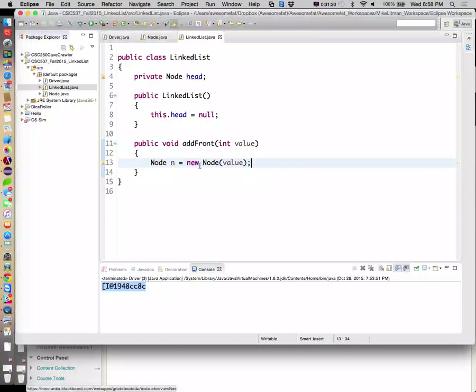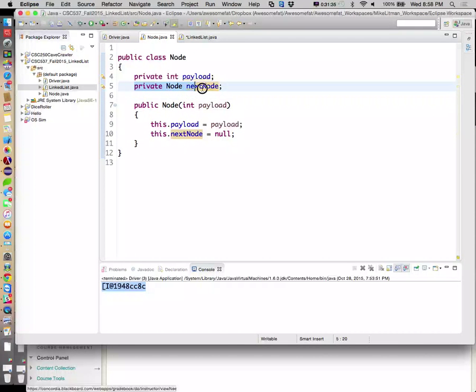Next thing we said we have to do is make this node's next node point to the same place head points to. Okay? So, how do I set this node's next node? Currently, I can't. Next node is a private variable, and it should be. Remember from last semester, we want all of our variables to be as private as possible. Lock them down and only loosen them when we have to. So we're going to create a setter for this, as well as a getter. We need to be able to set the value of next node and also get the value of next node.